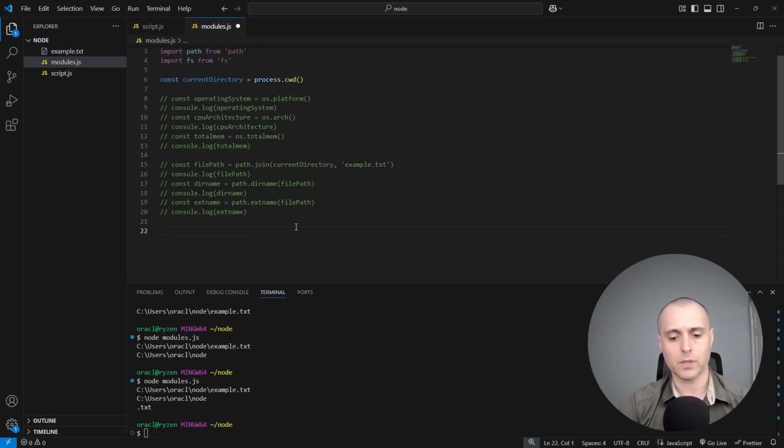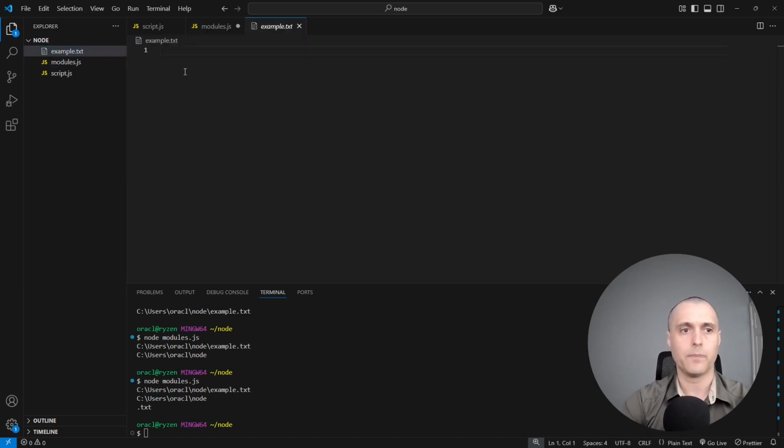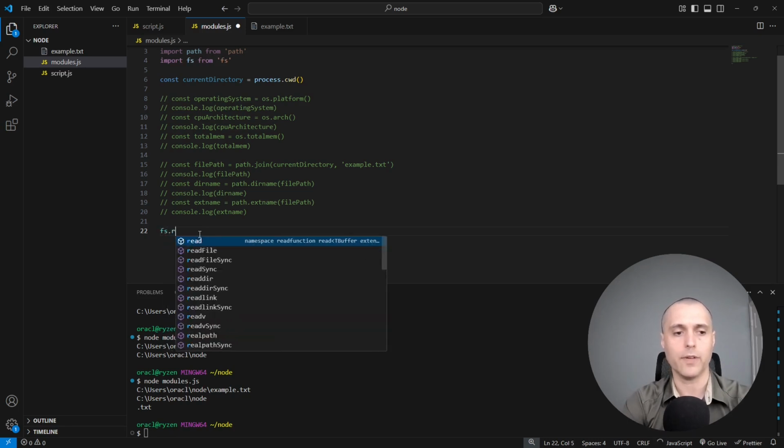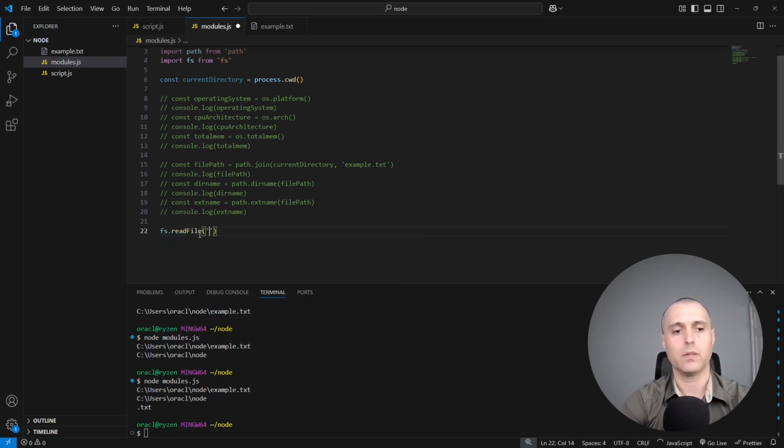And with the file system module, we can work with files directly, including reading and writing to files. So say, for example, this file, I added some text and say, this is some text, right? Save that. And now with fs, we can read that content. So we can say fs.readFile, give it the file,